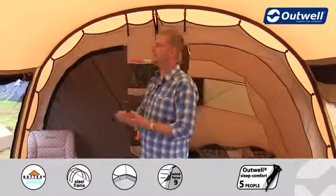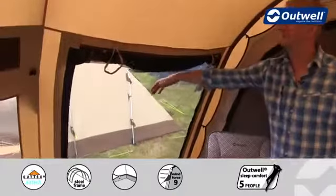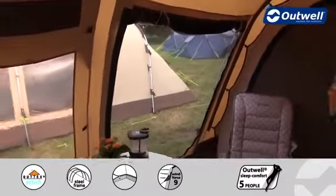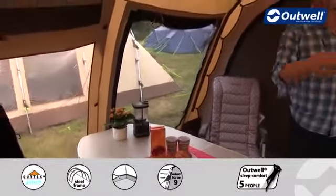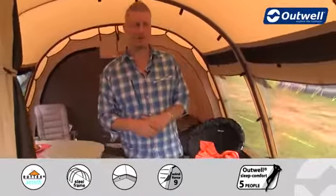Across on the side of the tent, you'll also find that we have another side entrance just on here, and this has a full drop-down mesh door as well, again to help with ventilation. Now I mentioned the ground sheet in this area earlier on being all zipped in all the way around the edge, but I also just wanted to highlight to you that in this generous porch area that I mentioned earlier,